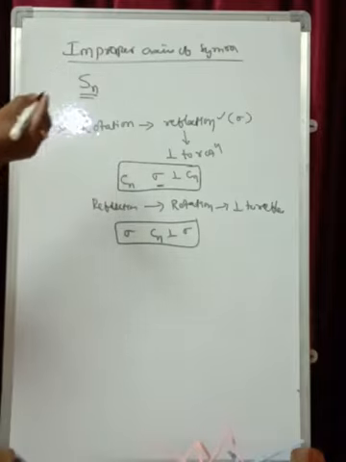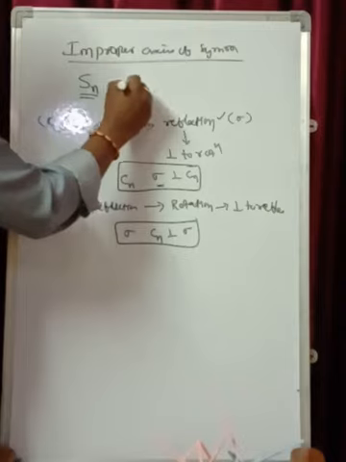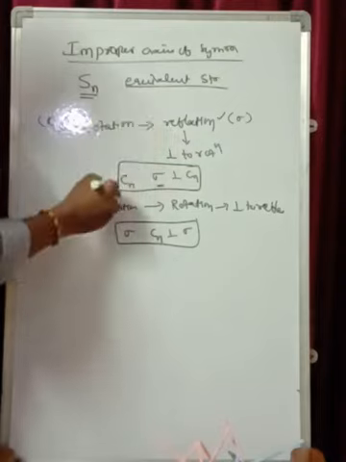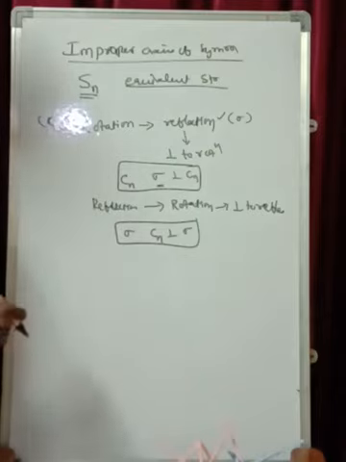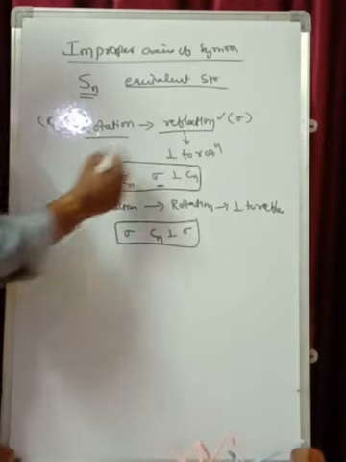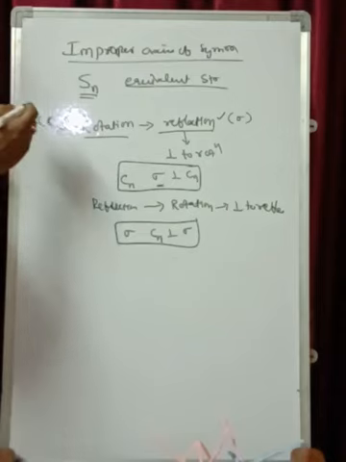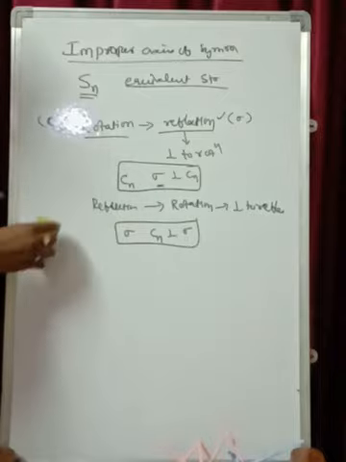Now as I told you, this is a combination of two different symmetry operations. So here in improper axis of symmetry, an equivalent structure is obtained because of the rotation and reflection. That is, the combination of two different symmetry operations will give you the equivalent structure. So in improper axis of symmetry, rotation and reflection are carried out perpendicular to each other. Therefore, this is your improper axis of symmetry. Now let us take a few examples where we can represent the improper axis of symmetry, which is giving you the equivalent structure.